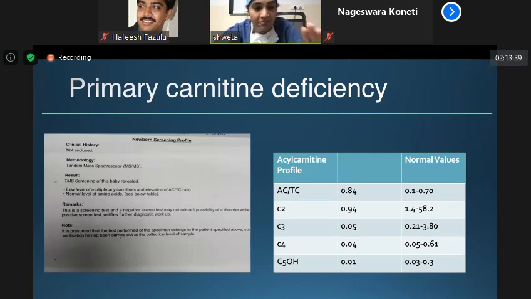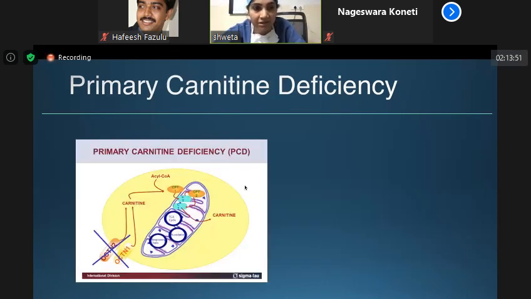Very simple test. The clue is the ECG: a hyper tall T wave and short QTc. And if you find ventricular hypertrophy along with dysfunction, then you need to suspect primary carnitine deficiency. So what happens in this? The OCTN2 receptor, which is on the cell and which facilitates the inflow of carnitine into the cell for further oxidation, is completely blocked, and that's why the precursors get deposited in the kidneys, in the brain, and in the heart.